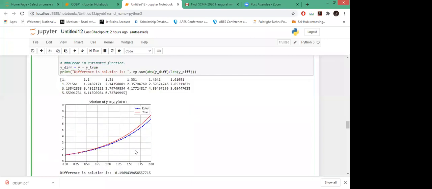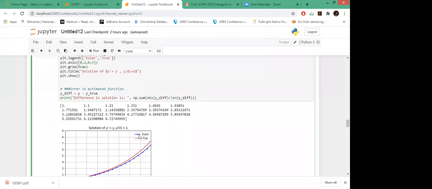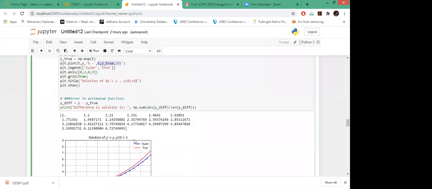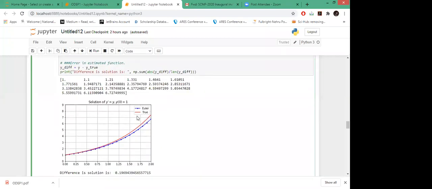Whenever you have many different curves in a single plot, it's better to give the legend so that with this information you can directly see what your different curves represent. You can name them according to what your functions are. Here the second argument corresponds to the second plot, this red curve, and it is shown on the topmost right side, giving information about what the curves represent.